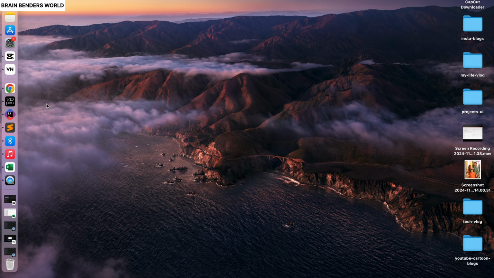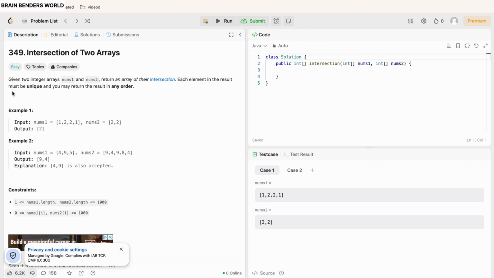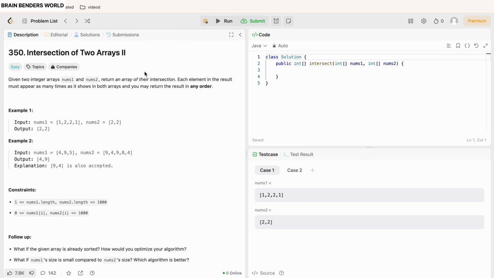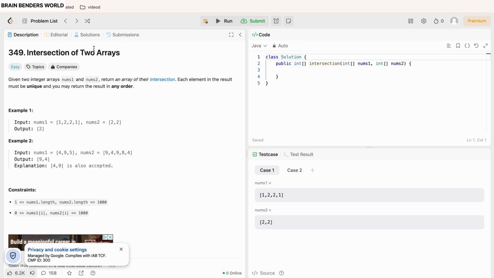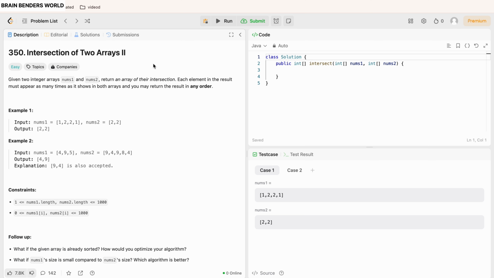Okay, so welcome back. Today we are having another problem which is very popular. If you can see the description, it is intersection of two arrays. We have two versions of this particular problem. One is intersection of two arrays second edition, and the other one was intersection of two arrays. Both have their way of doing it. So I'll be targeting today this intersection of two arrays version 2, and in another video I will be preparing